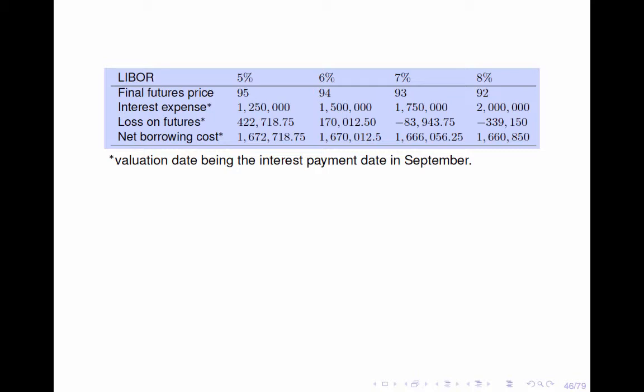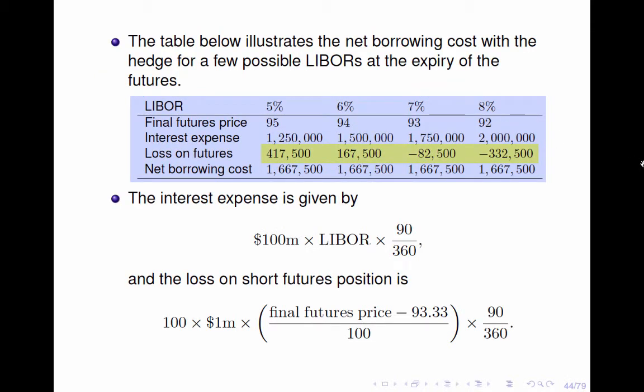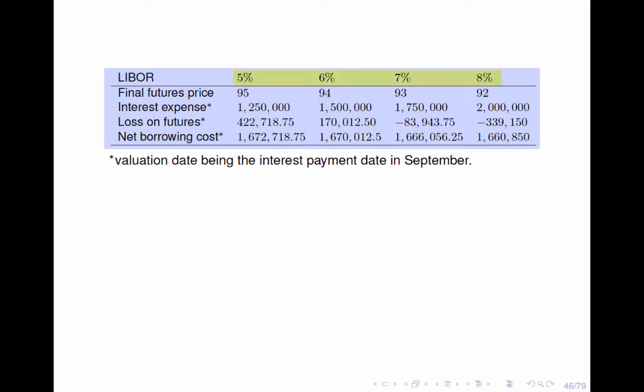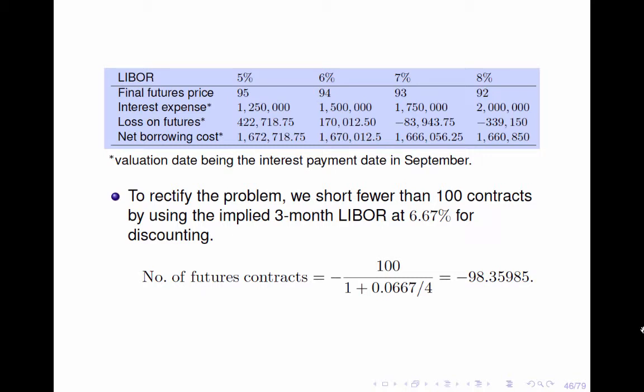Note that since the loss or gain on the futures are evaluated in September, the figures shown here are obtained from those in the previous table, compounded quarterly using the prevailing 3-month LIBOR in June. A simple and direct adjustment could be short fewer than 100 contracts by using the implied 3-month LIBOR of 6.67% as the discount factor. Assuming that we are able to short about 98.36 futures contracts, the net borrowing cost table